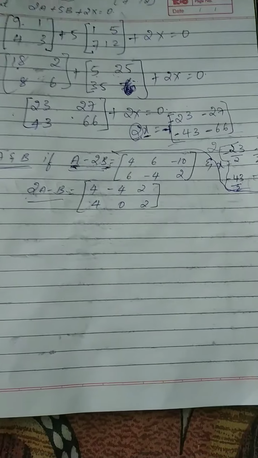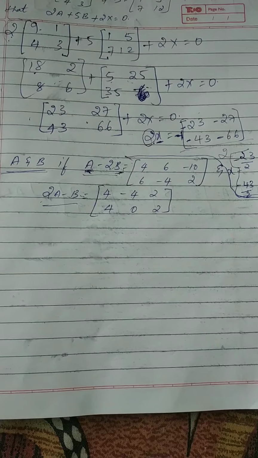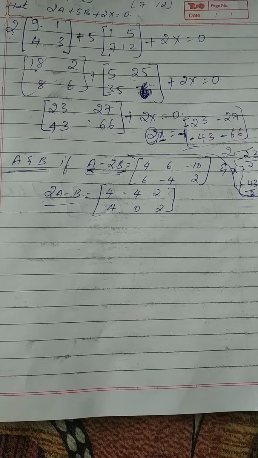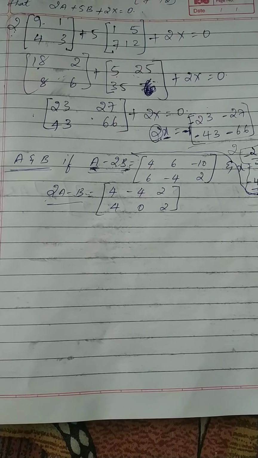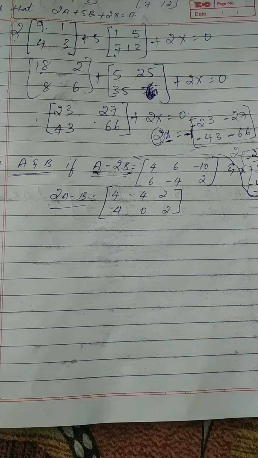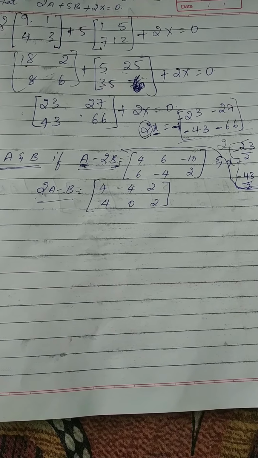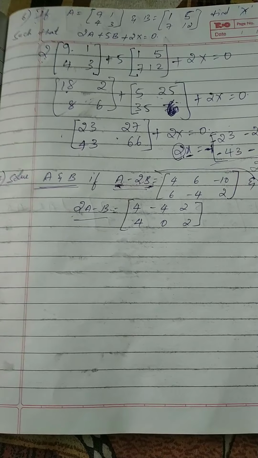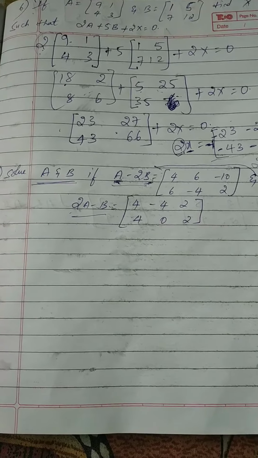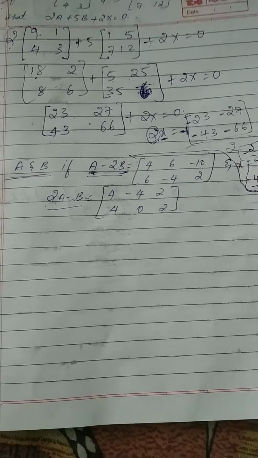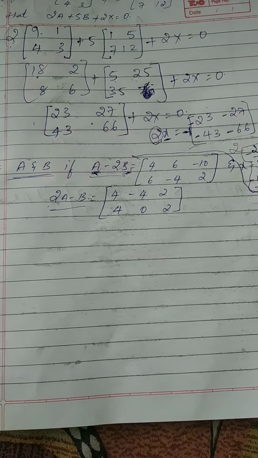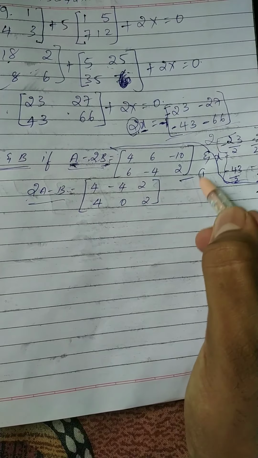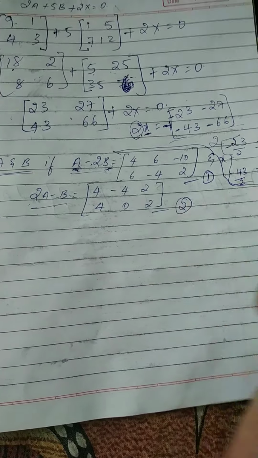Just like you remember, we used to solve the linear equations. In linear equations we used to find the value of x and y. How were we finding the value of x and y? We used to simultaneously solve those equations by elimination or cross multiplication or by substitution, right? That is what you're supposed to do even here now. So since you can see the question clearly, you're supposed to solve A and B here, which means A and B could be x and y, anything, right? When you're solving x and y, obviously it is a simultaneous equation. So let us consider this as equation number 1 and this as equation number 2.